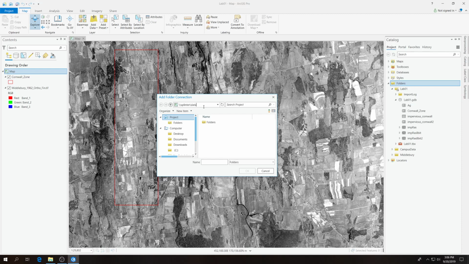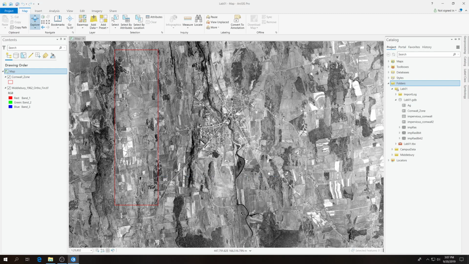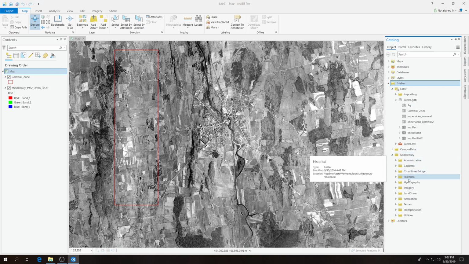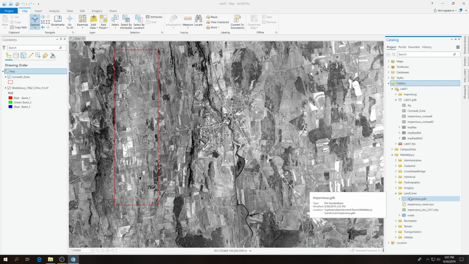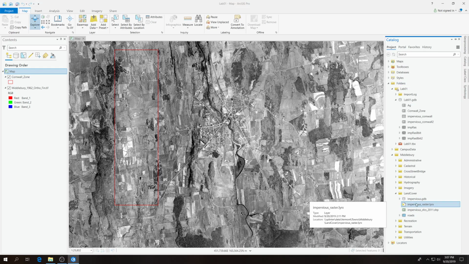I suppose I could pause the video, but I think that would take a little extra time. Okay, there we go. And then go into Vermont, Towns, Middlebury, and you can just add that Middlebury folder and click OK. I'm going to hit cancel because I already have it in there. But okay, so now open up that Middlebury folder. In land cover, there should be a few new things in here that we haven't seen before. There's an impervious geodatabase and then an impervious raster.lyrx. What I want you guys to do is just drag that impervious